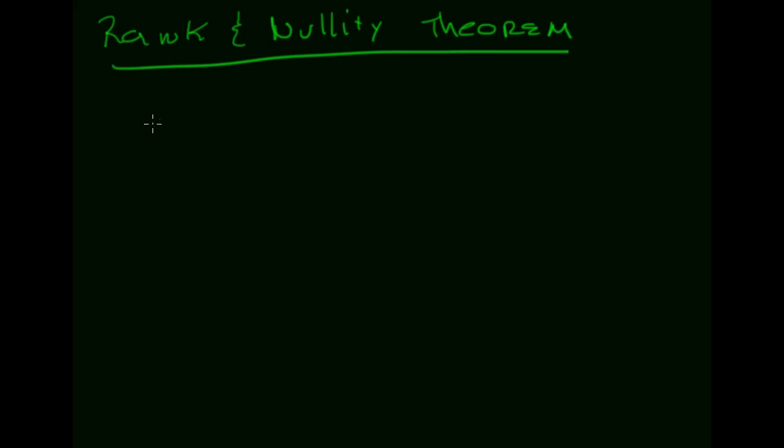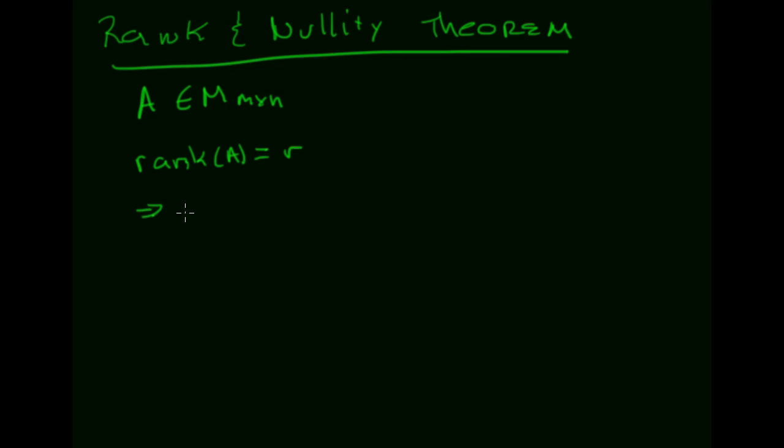Okay, so this is a video on rank, nullity, and systems. The very first thing that we have here is what we're going to call the rank and nullity theorem. The way this works is that if I have an m by n matrix, which does not have to be square, and I know that the rank of that matrix is r,